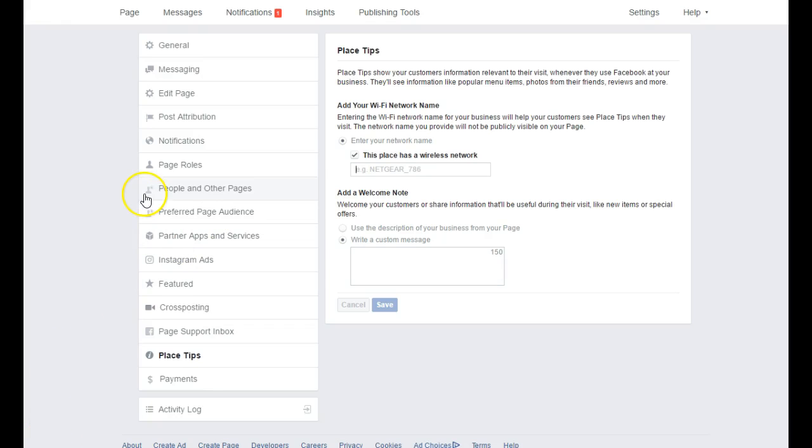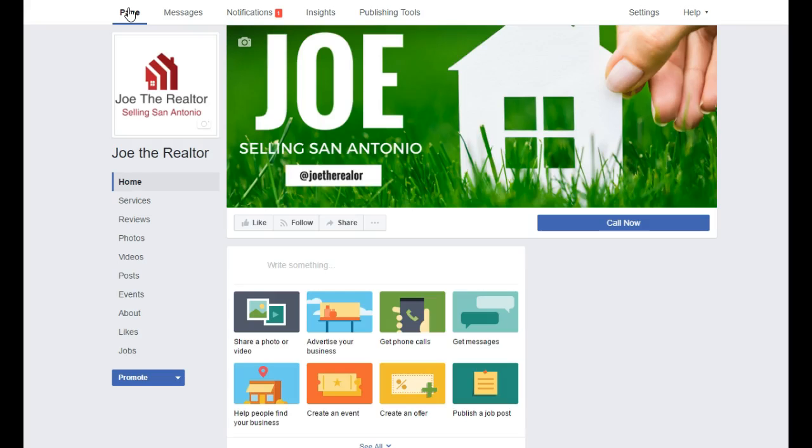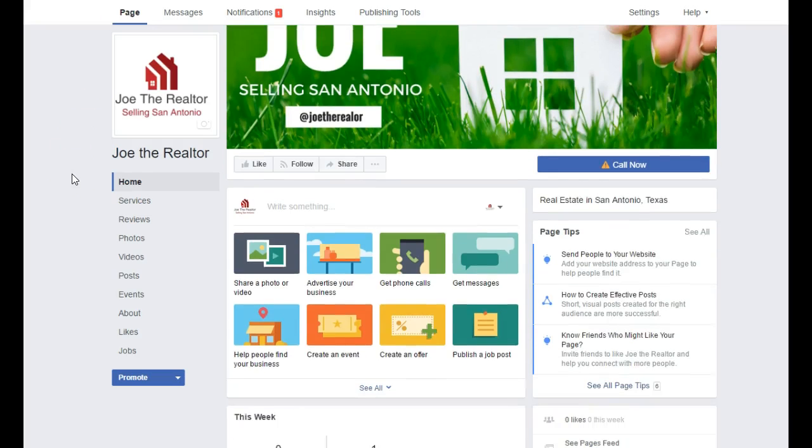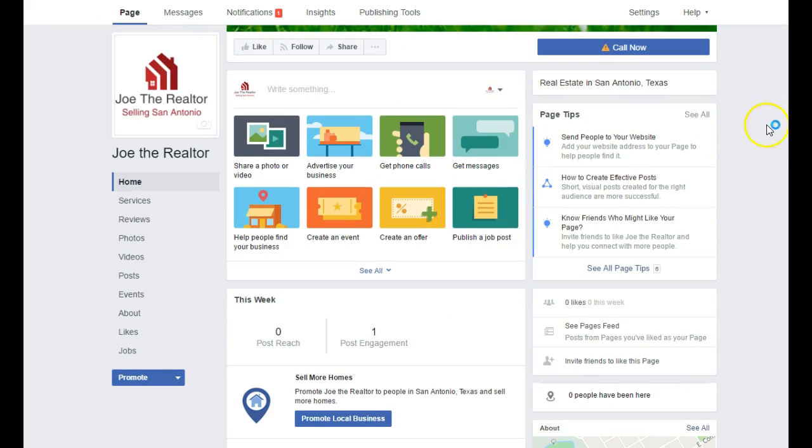So now that we've gotten through the settings portion, we're going to go back to our page and do a little bit more work. What's cool about Facebook is it's going to tell you exactly what you need to do to help you increase engagement. Now, what it's not going to do is give you some of the secrets on increasing engagement. That's what we're here for. But it is going to give you some different things that you can do to increase the engagement